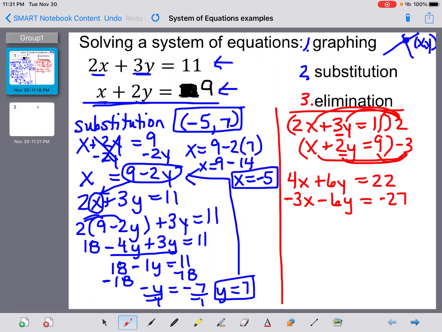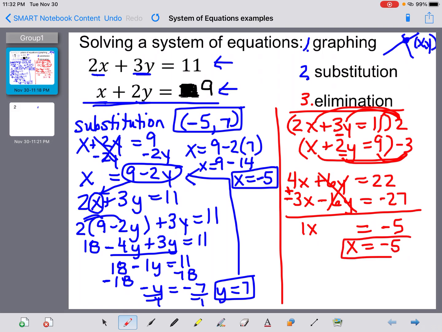Now that I've done that, I'm going to add my equations together. A 4x plus a negative 3x is just 1x. Positive 6y plus negative 6y, there's where they eliminate. They're opposites, so the whole term goes away. There's no more y at all. Make sure that you have those opposite signs to get that to do that. My equal sign comes straight down, and 22 plus negative 27 is negative 5. I really don't need to divide by my x or that 1, so I just know that x equals negative